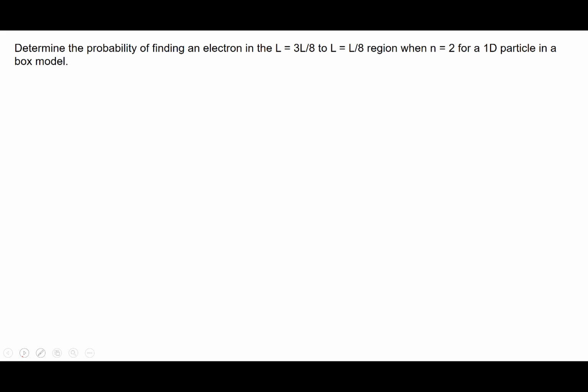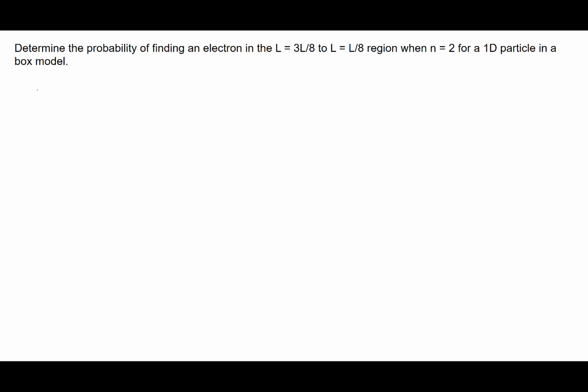So what I'm going to talk about in this video is how to determine the probability of finding an electron in a certain segment of a 1D particle in a box. In this case, we're going to be looking at the n equals 2 energy level, and we're going to be looking at the region between essentially the L over 8 point and the 3L over 8 point. And so if we were to draw, just as a means for ourselves, what that wave looks like,